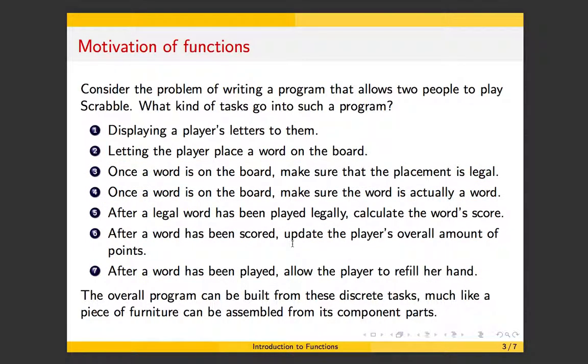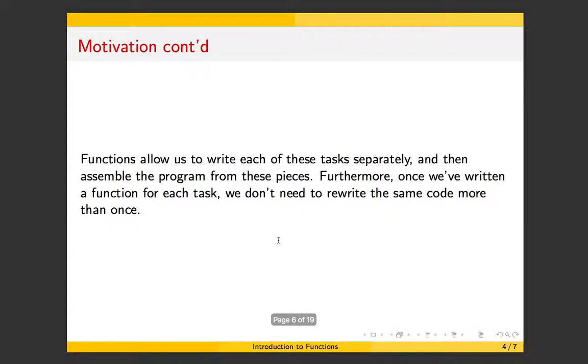Okay, so what functions allow you to do is break a program down into its component parts in a really nice, organized, streamlined way. So yeah, as I said, functions allow us to write each of these tasks separately and then assemble the program from these pieces. Furthermore, once you've written a function for a given task, you don't need to rewrite the same